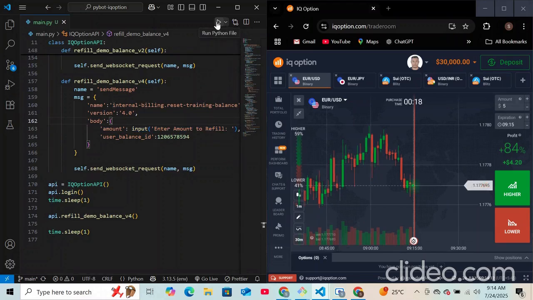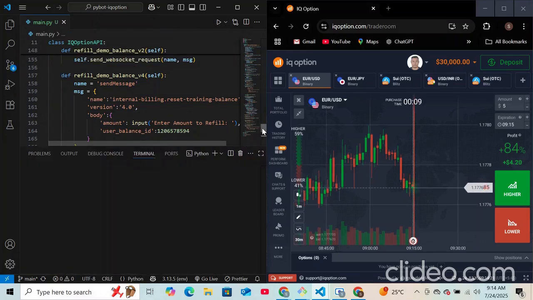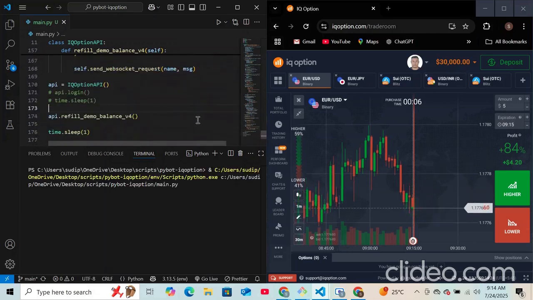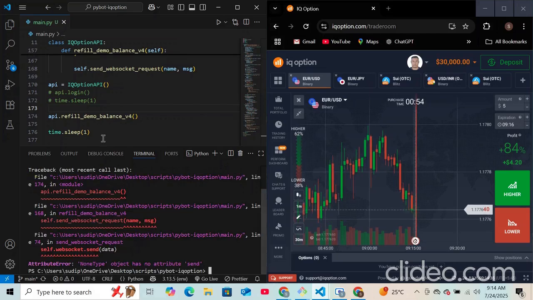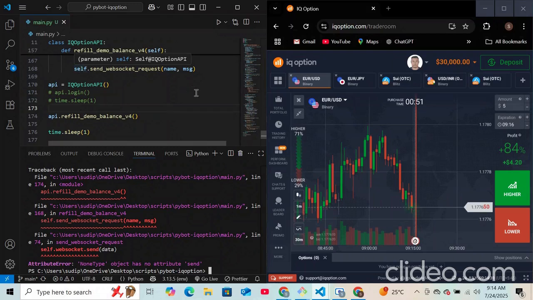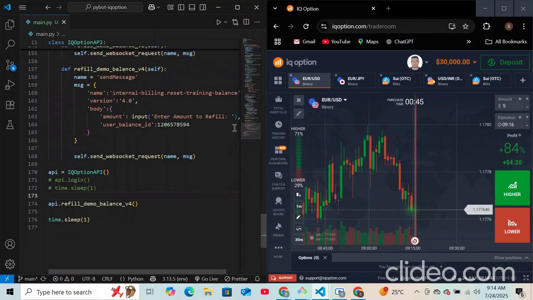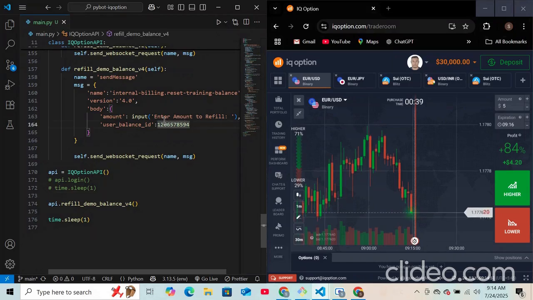So let's see how it works. It should ask for user input. Okay, so it's asking for the amount to refill. I'll say 20,000. We'll probably get an error because we are making a WebSocket request, but the WebSocket is not connected, right? But that's okay, not a problem for now. And the other thing is going to be this user balance, and this user balance we can set dynamically, and that's